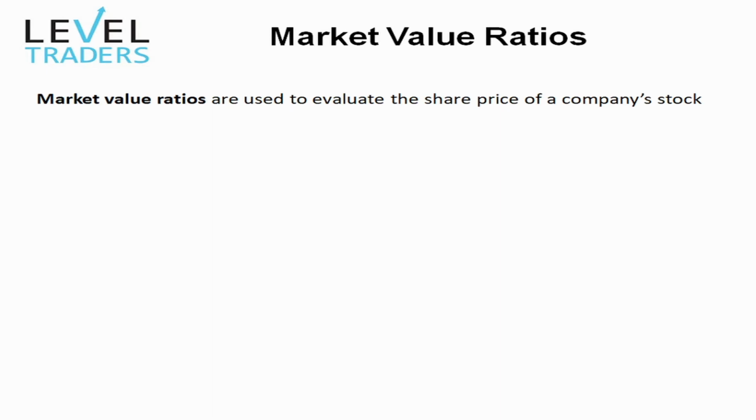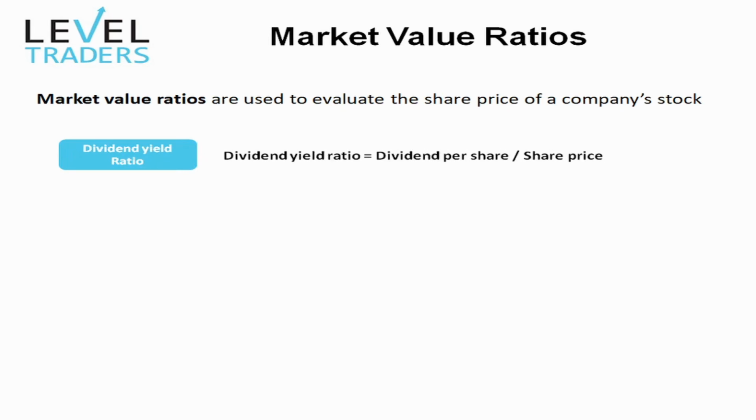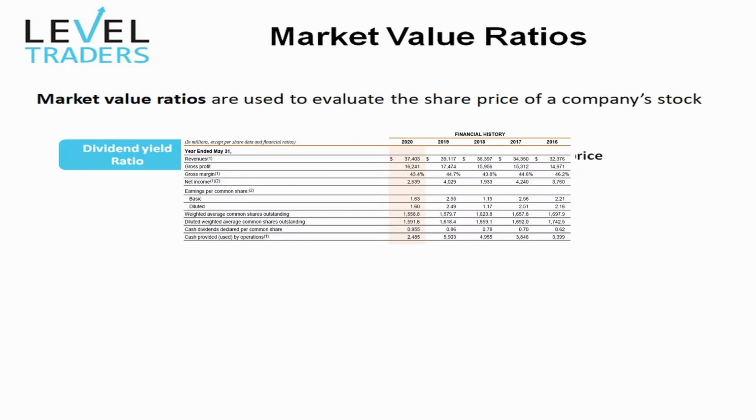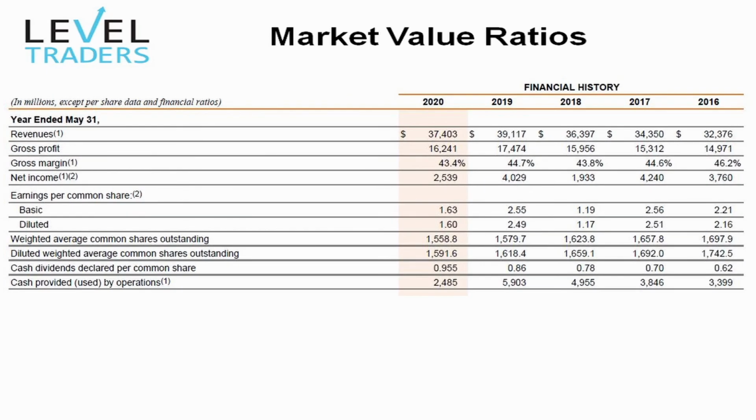And last but not least, we have market value ratios. These are used to evaluate the share price of a company's stock. This is arguably the most relevant for traders and investors. Understanding market value ratios such as the dividend yield ratio. This measures the amount of dividends given to shareholders relative to the market value of the share. So if we look at the formula, that's dividend per share over share price. And using the market data for share price and Nike's 10K for how much dividends are paid, we can work out